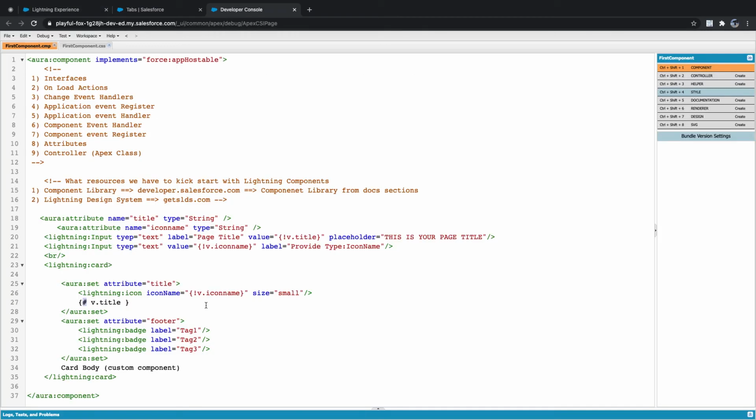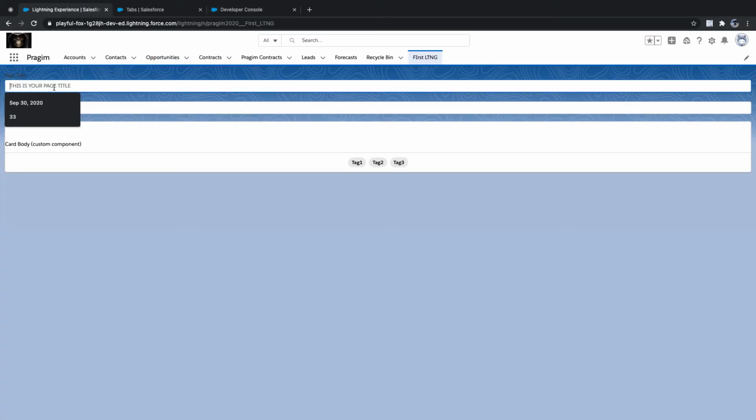Exclamation mark is pass by reference. This is pass by value. This is called assignment operator. This is called assigning. So it is two-way binding. Exclamation mark is two-way binding. Wherever it changes, it updates the same memory. But in this case, it will not. Even if this is updated, this will not update the attribute anymore. Clear?